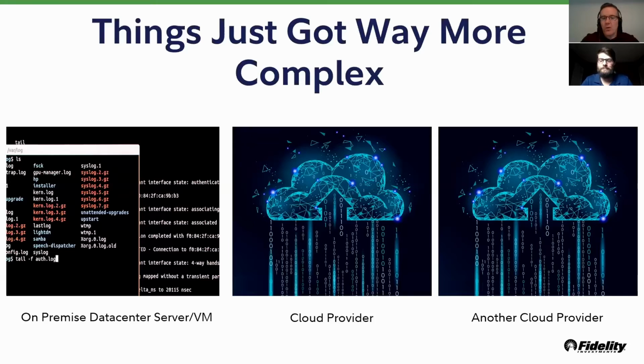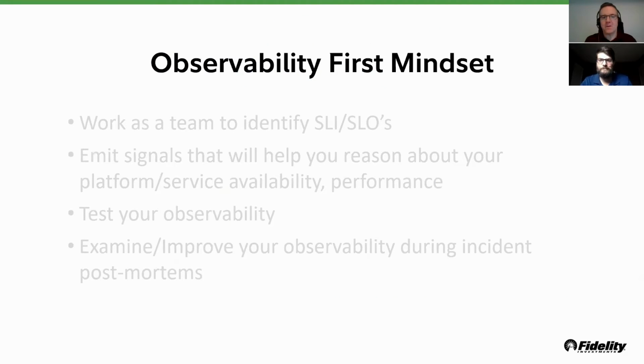One of the approaches that we've taken to address this is by introducing what we call an observability first mindset. So when we do that, we need to think about observability up front. And that does often involve some cultural and technology changes. I'm going to talk a little bit about what the observability first mindset looks like for us.